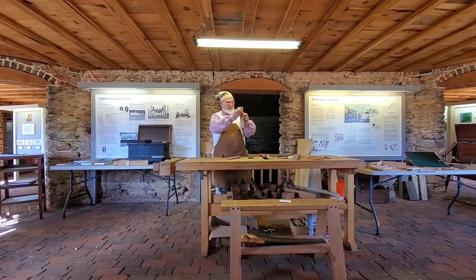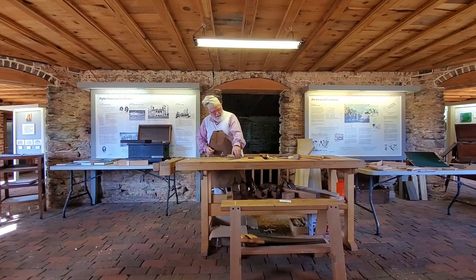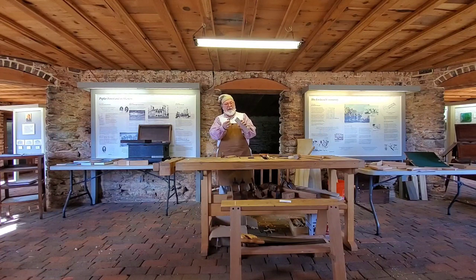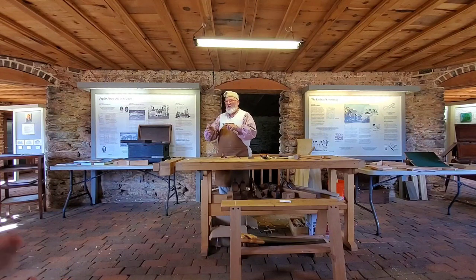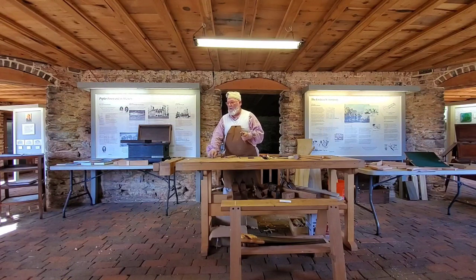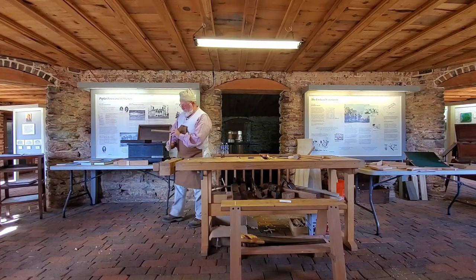This base has to be square, where the bottom of that hole is. This face has to be square, okay? And on these, like any tails, across the face has to be square as well, okay? Anything else, as long as it matches one to the other, it can be as wonky as you want, as long as it's straight. Once you've excavated that, they should just nicely fit together and create a nice...